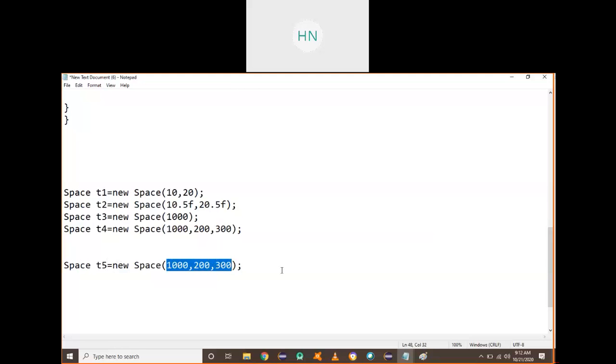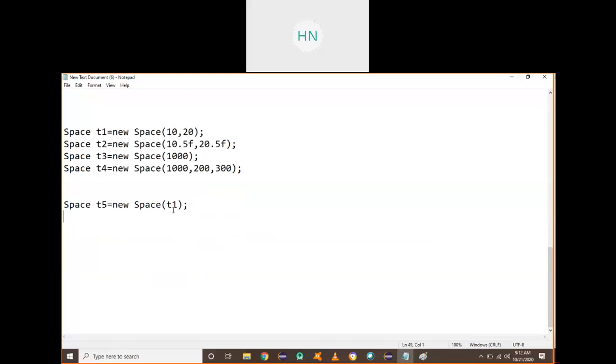If I send T1, I am sending the T1 object as a parameter to my space constructor. So this is one class object I am passing as a parameter to one constructor. This is nothing but object parameterized constructor. Did you get the difference? So you can also pass an object as a parameter to your constructor. That is nothing but object parameterized constructor.